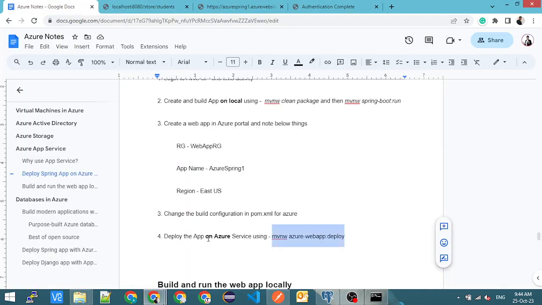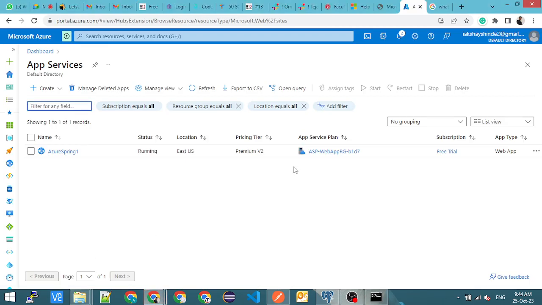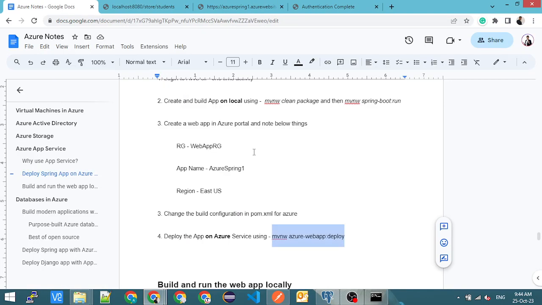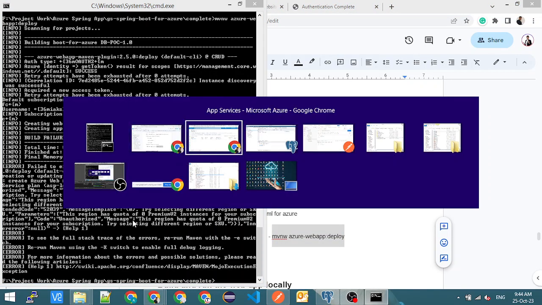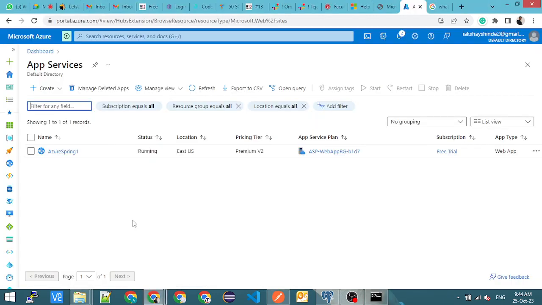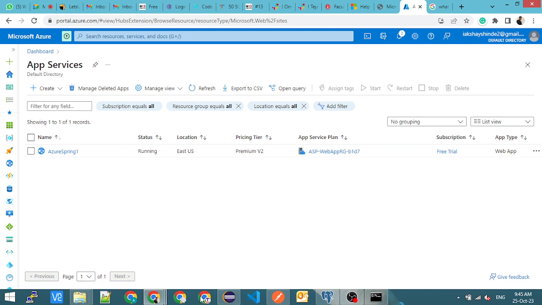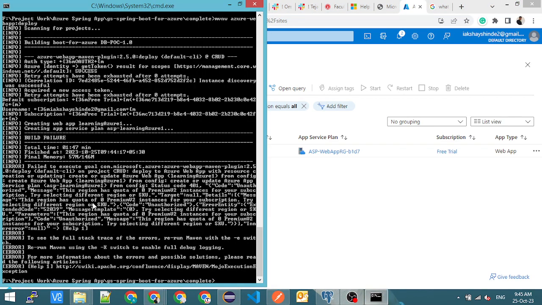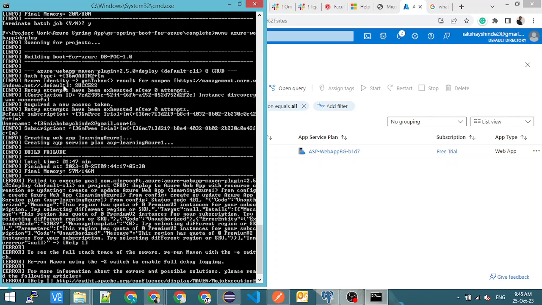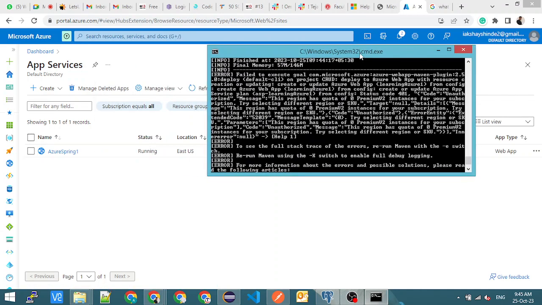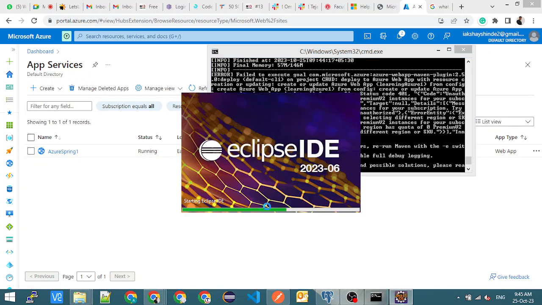एक जस्ट सेकंड ना, उसमें ऑलरेडी है मेरे पास, तो क्यों ये कर रहा है, व्हाई इट इज नॉट टेकिंग माय एग्जिस्टिंग वन। ईस्ट यूएस, ठीक है, ये वाला ही यूज करना है, अजूर स्प्रिंग वन। अजूर स्प्रिंग वन ही था क्या, एक सेकंड रुको, कोड में जाके देखना पड़ेगा, या फिर मैंने चेंज किया उसको, आई एम नॉट श्योर। तो आई विल गेट टू नो ये फ्रॉम हियर इटसेल्फ, इट इज ट्राइंग टू क्रिएट, है ना। एक सेकंड रुकिए, learning Azure one is something it is trying to create, oh my god, it is trying to create a separate application, तो second नहीं कर पाएगा वो, मुझे POM में settings में change करना पड़ेगा।